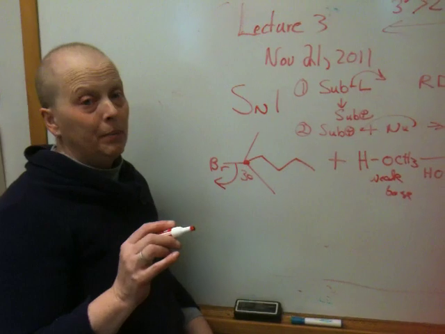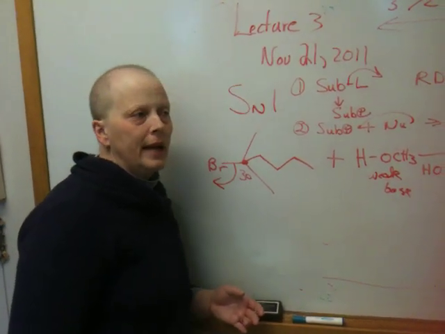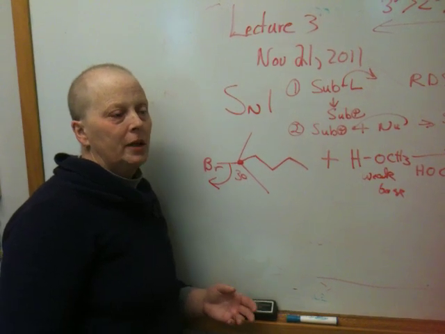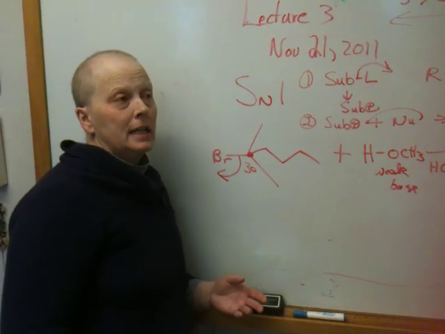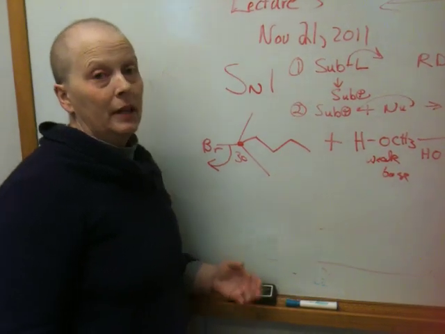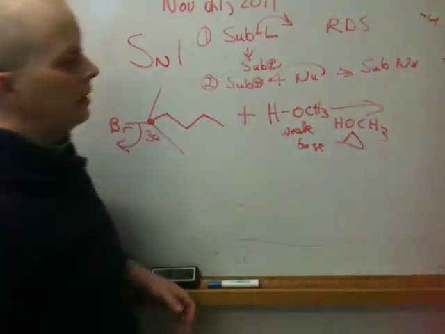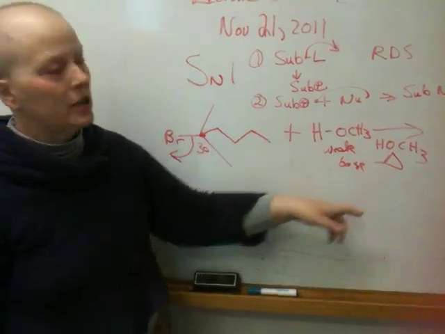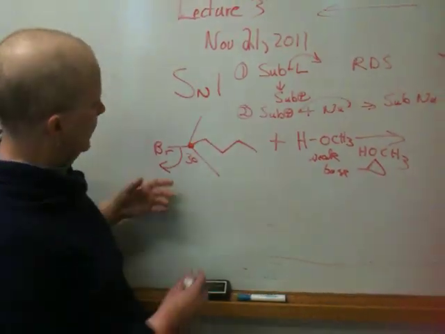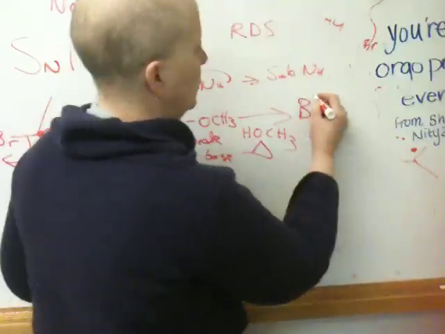Now that really bugs people. They're like, how can a leaving group just leave? But think back to one of our last reactions, which was HBr in peroxides. There were places where we were breaking bonds without anything pushing the group out. Bonds break in large part due to energy. So we're heating this thing, and in heating it, this leaving group's just going to leave. It forms the nice weak bromide